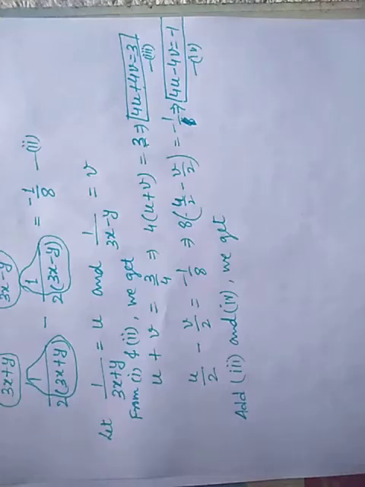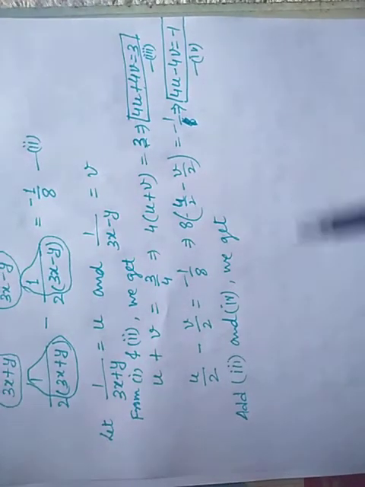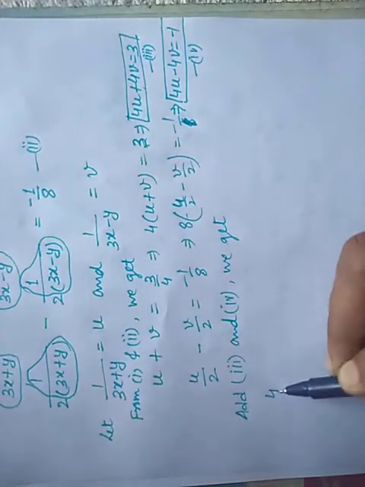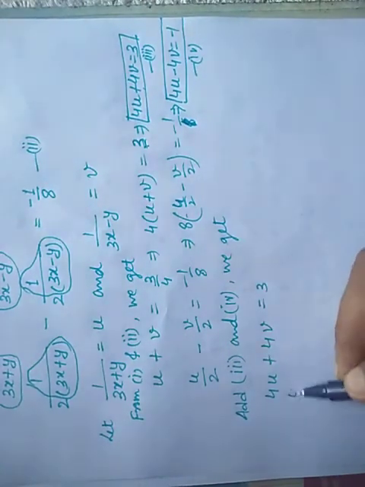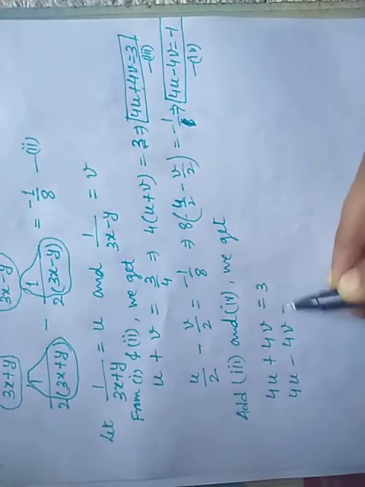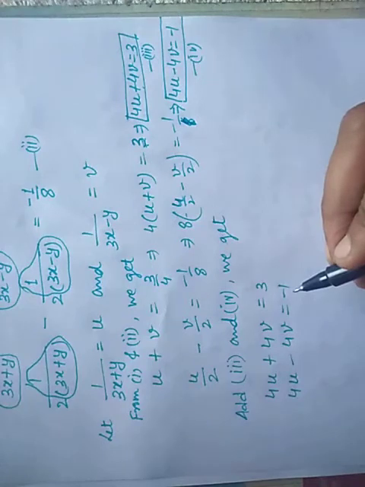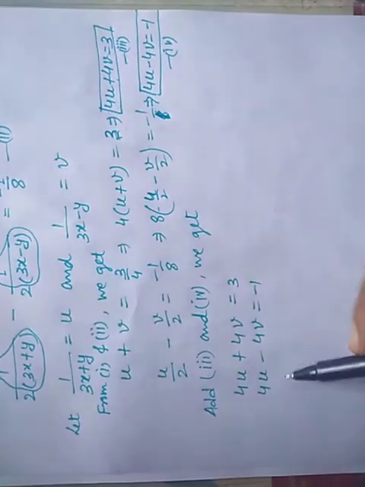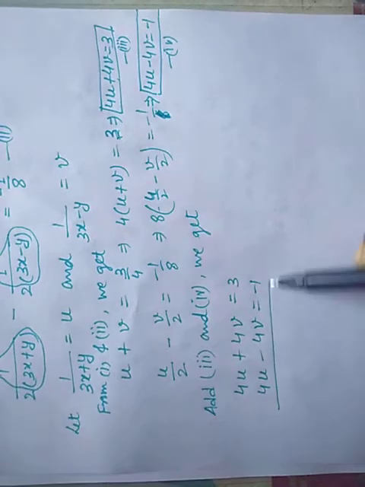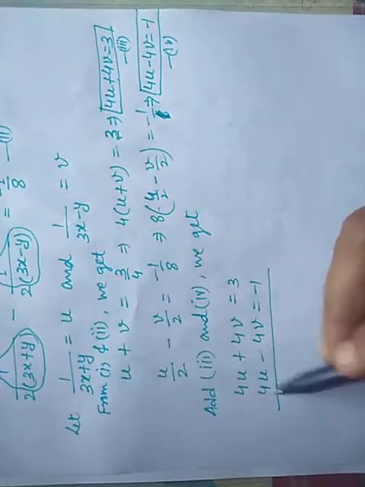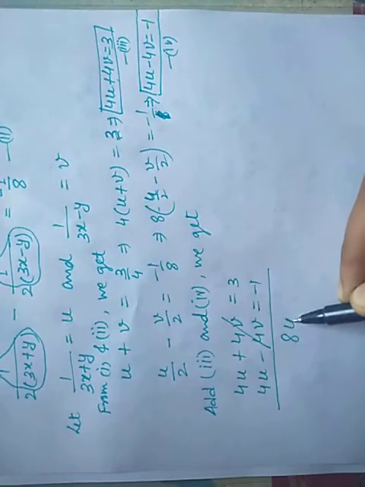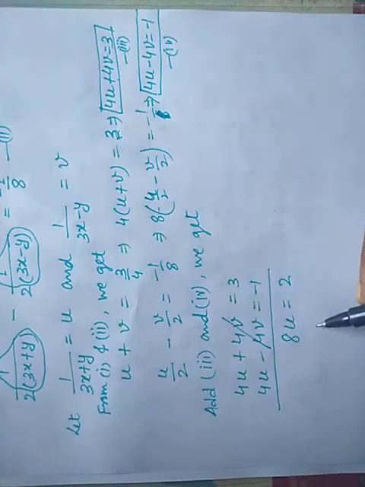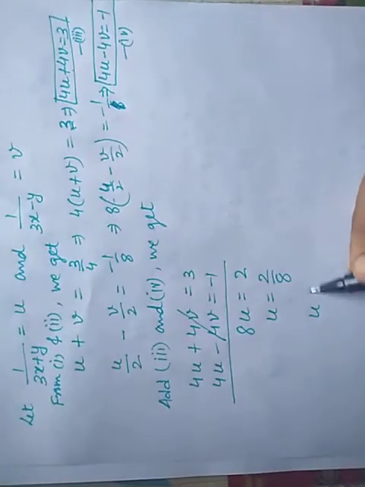So we get 4u plus 4v is equal to 3, 4u minus 4v is equal to minus 1. Okay, so in case of addition we have no need to change the sign. 4v will cancel, and 4u plus 4u will be 8u is equal to 3 minus 1, 2. The value of u is 2 upon 8, and the value of u will be equal to 1